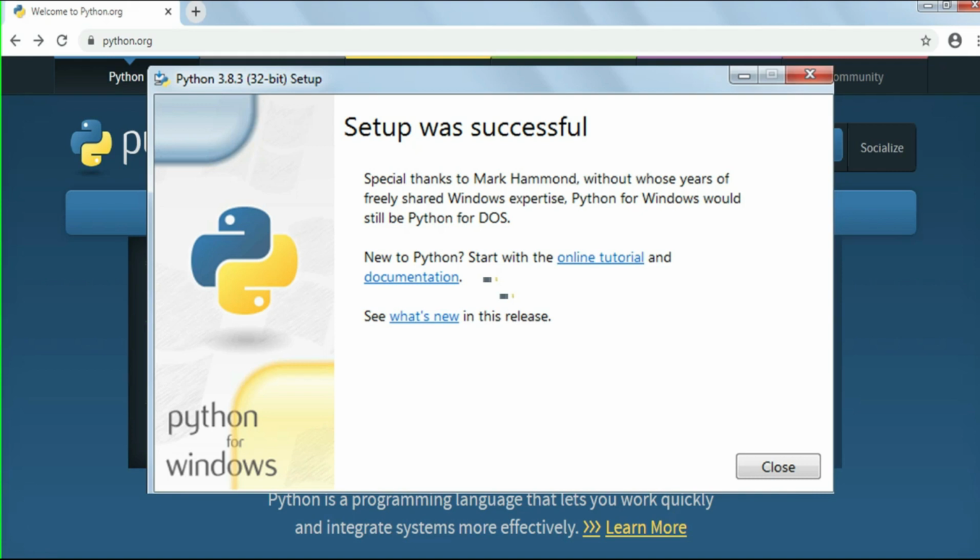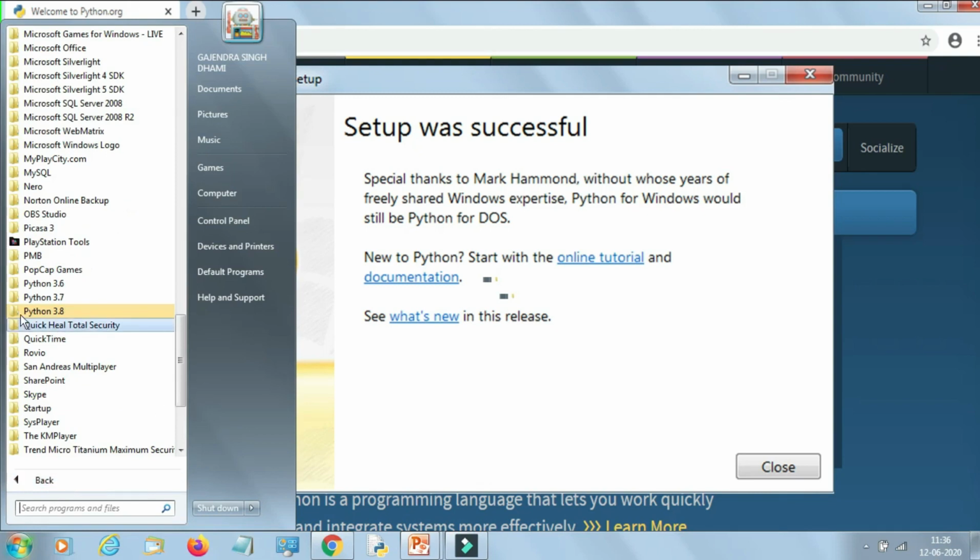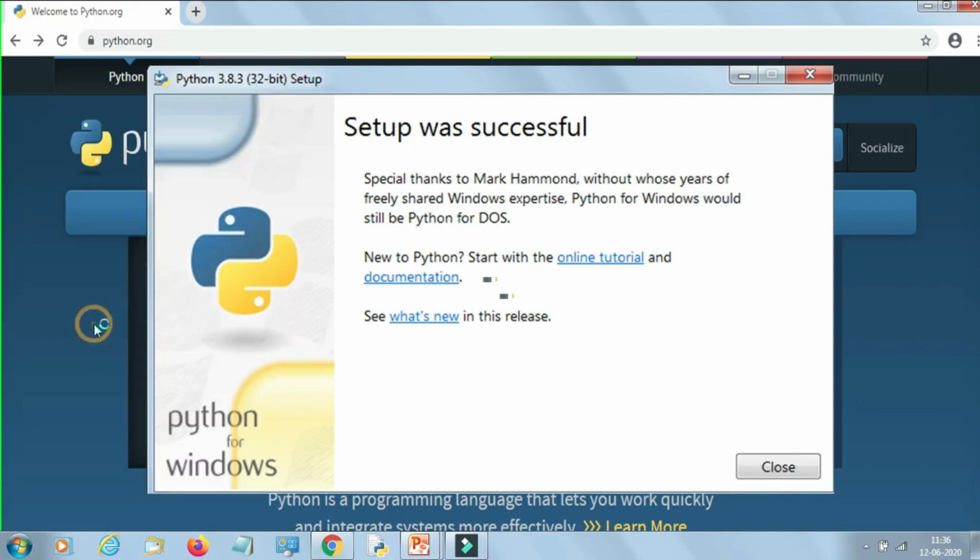Now let us open your Python environment and just start typing your Python statements. So just click on the Windows key on your keyboard. Now click on programs, scroll down, and you can see Python 3.8. I have other versions also, previous versions. This is the latest one. As some options drop down, just click on Python 3.8. It's a 32-bit system. That is your Python environment. After a few seconds, the environment will open.